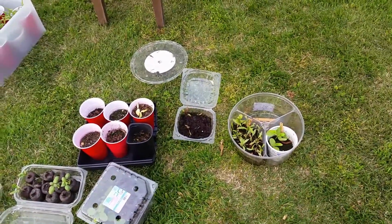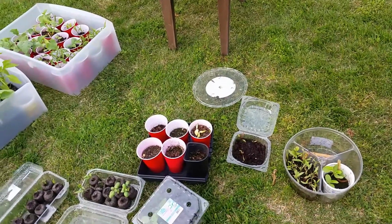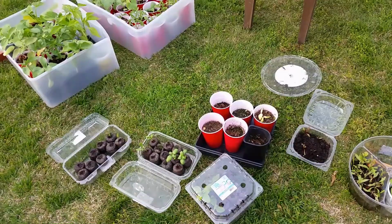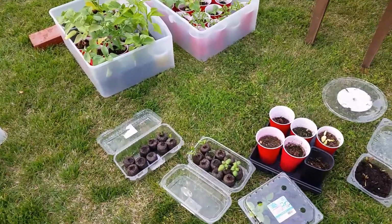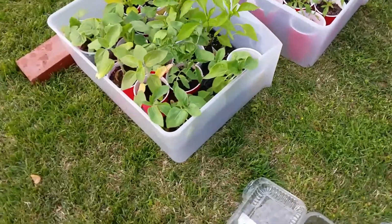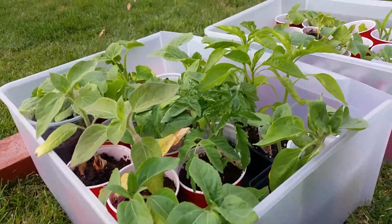I am, well, it's a little chilly out here. I feel like it's probably, I don't know, maybe low 50s, maybe 40s, a little breezy, but I'm going to leave my plants out here. I'm going to leave them out here uncovered